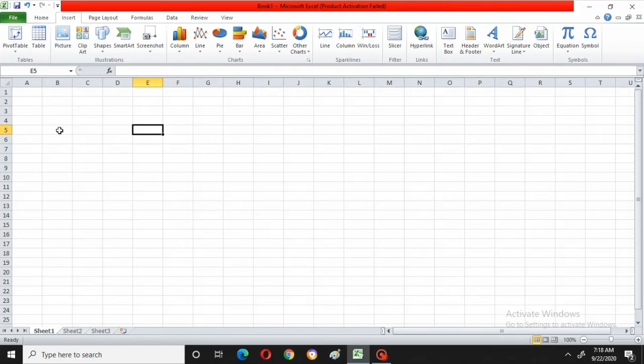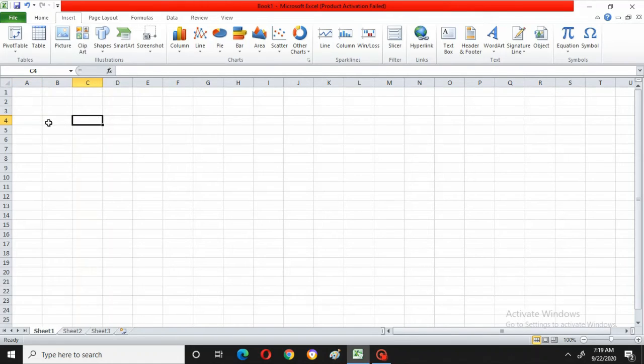Now I have clicked on one cell, so the cell is named. When I click on one cell, that particular cell name is shown here in the name box. There you can see a name has come, C4. Now just see where that cell is. That cell is in column C, that's why it is taking C. And which row is it in?